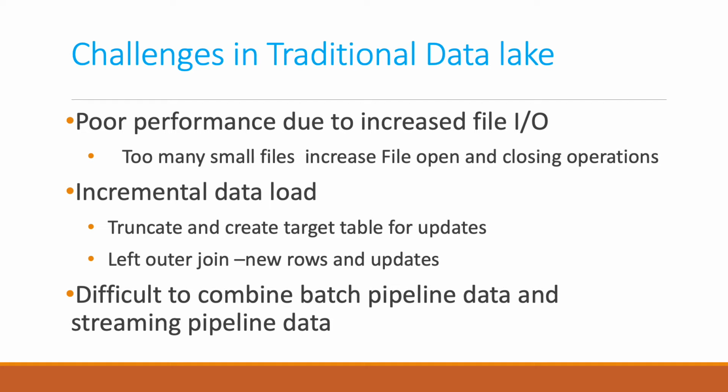This is again maintenance overhead, and the reason why we are having two separate pipelines here is that there is no atomicity, it is not supporting ACID transactions, so multiple concurrent reads and concurrent writes may keep the data inconsistent. So we need to maintain two different pipelines and two different databases or tables to handle the streaming data and batch data. So these are the main challenges.